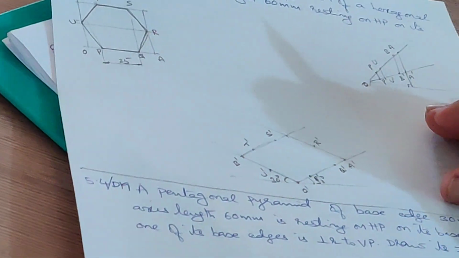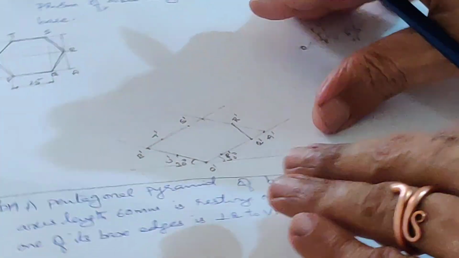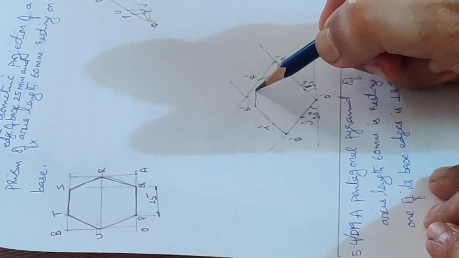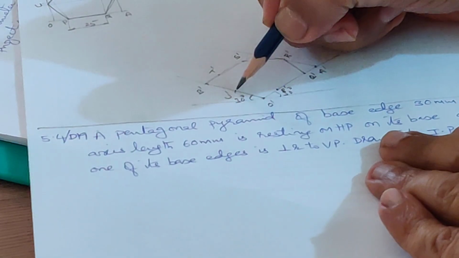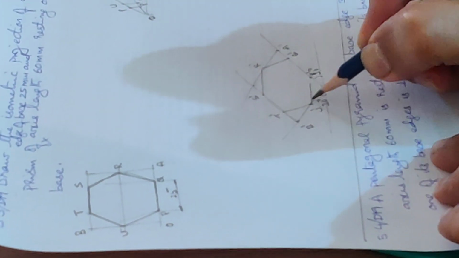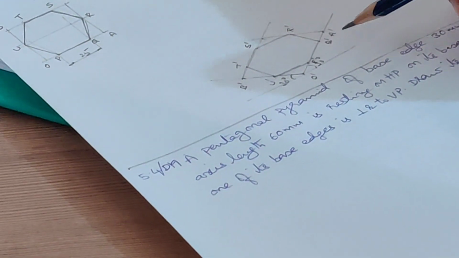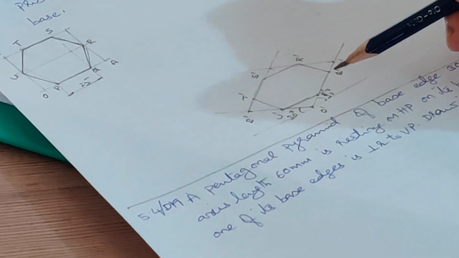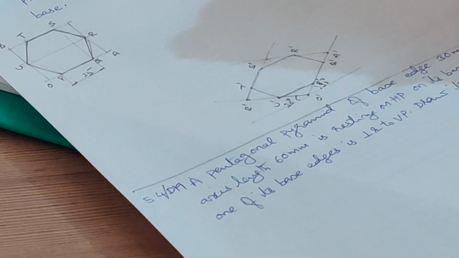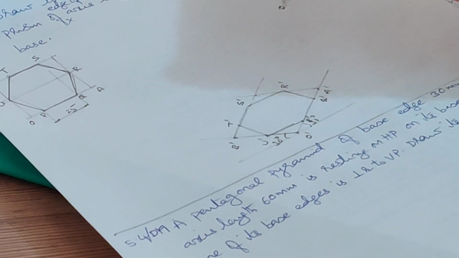Now you connect all the points using light lines. Don't make them dark, because some of these lines may not appear when you complete the prism. Another observation you should make is, when you make the isometric projection, all the edges will not be of equal length. It is the appearance that matters here. So the edges will have different lengths. So you got the base of the prism now.